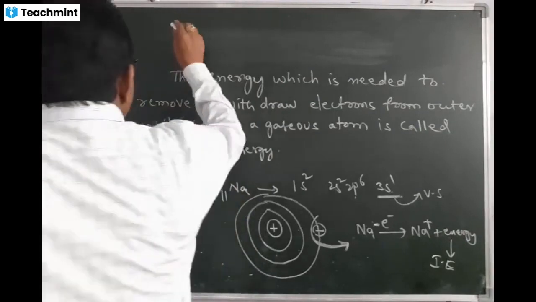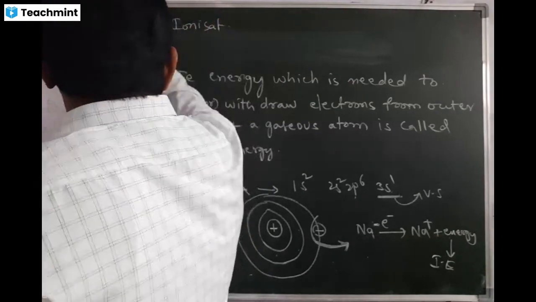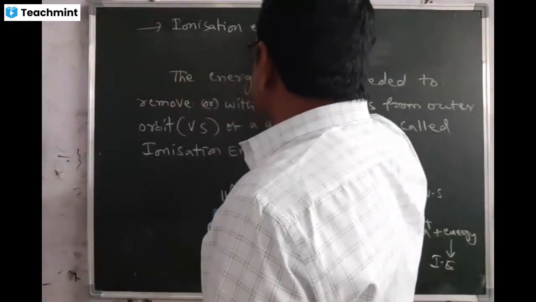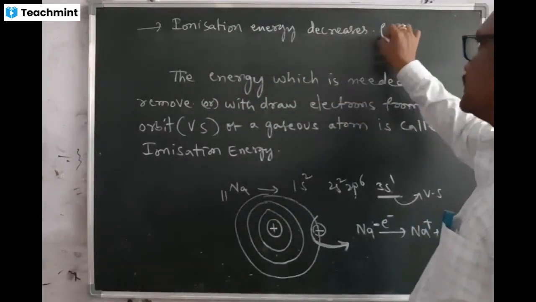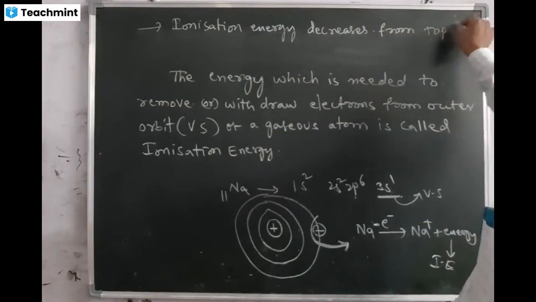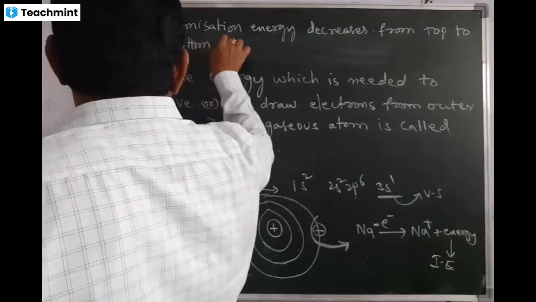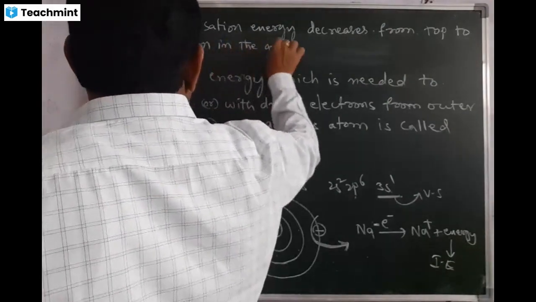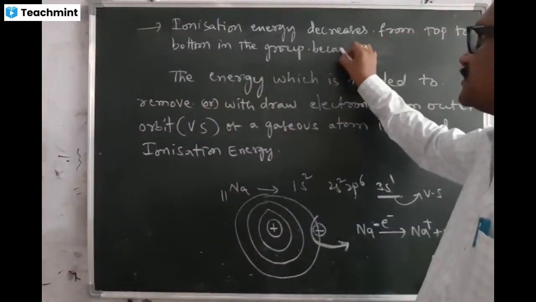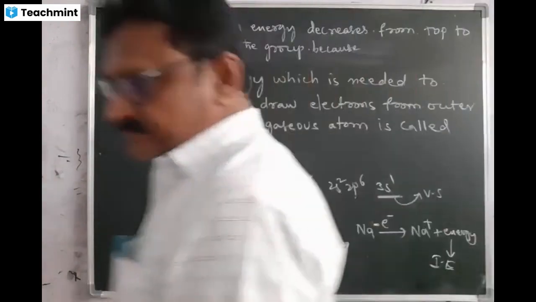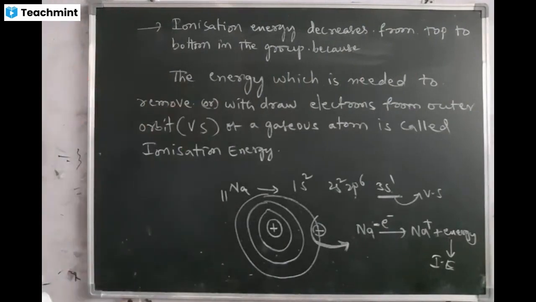So in group, ionization energy decreases from top to bottom in the group, because